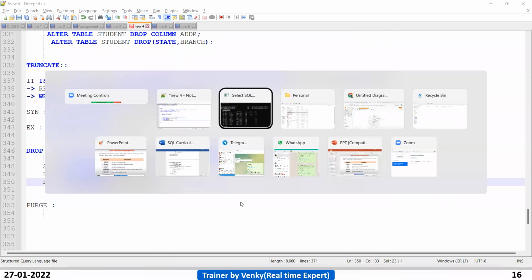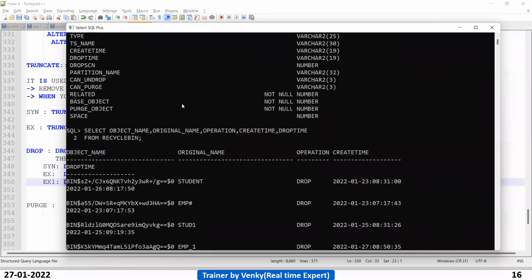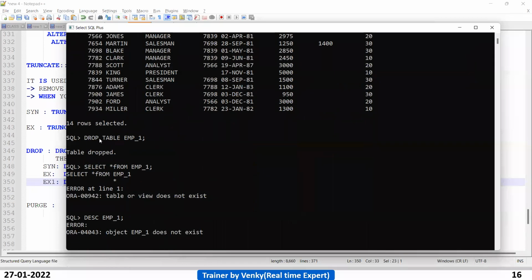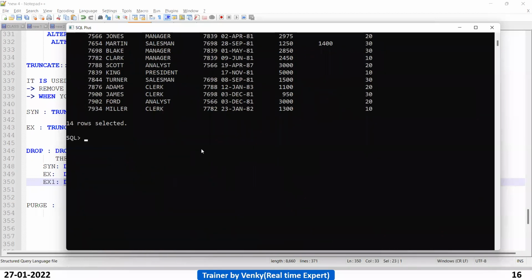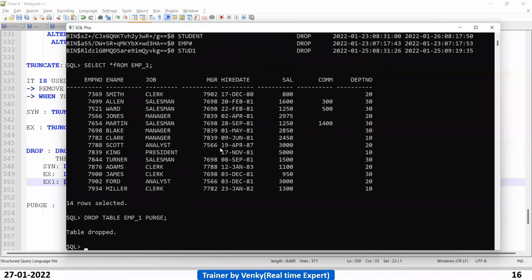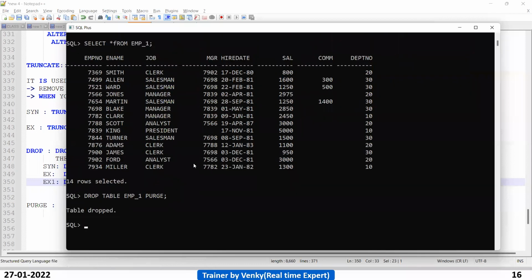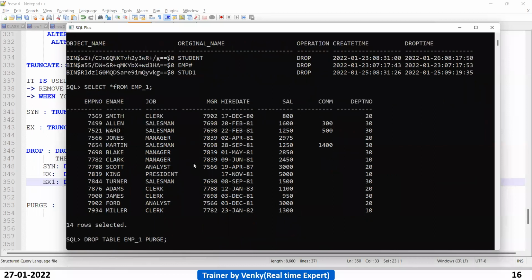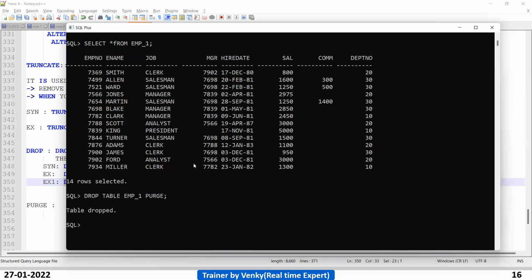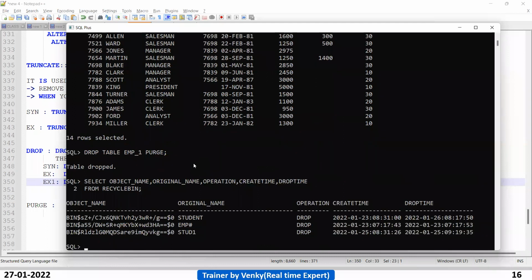No. Now let us try to use the purge command. The table is dropped. If you drop a table, where does it go? Recycle bin. Let us see whether the table is there or not. I have dropped it with purge.